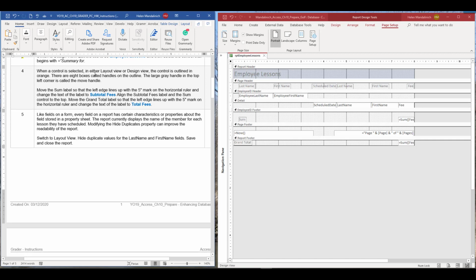When a control is selected, the control is outlined in orange. There are 8 boxes called handles on the outline. The large gray handle in the top left corner is called the move handle. That's this little box right there. Move the sum label, so right there, sum label, so that the left edge lines up with the 5-inch mark